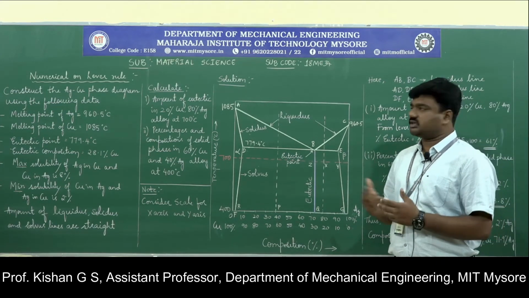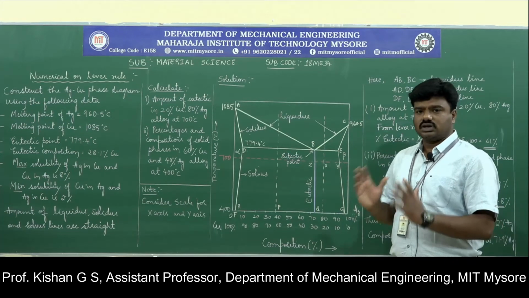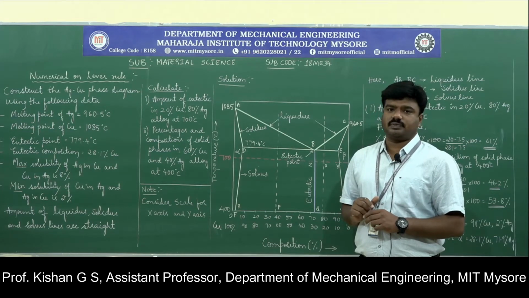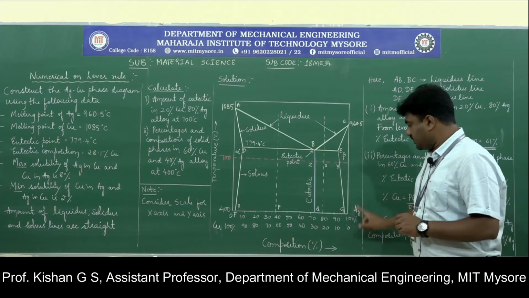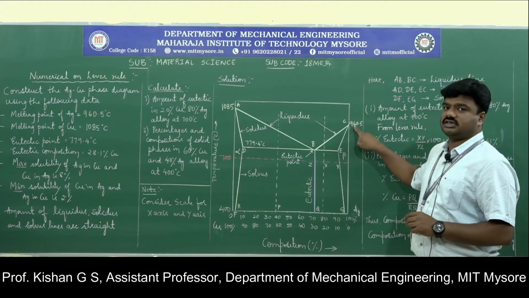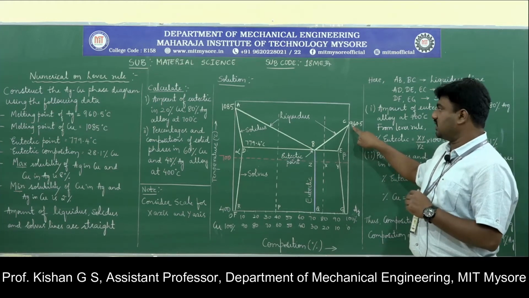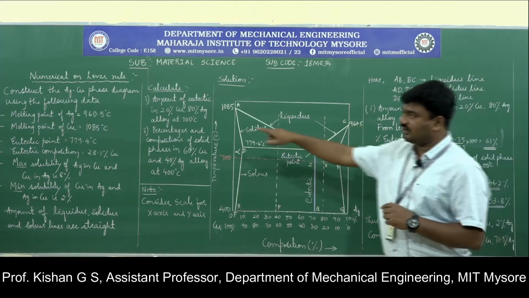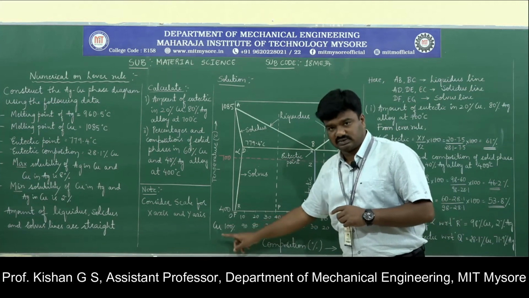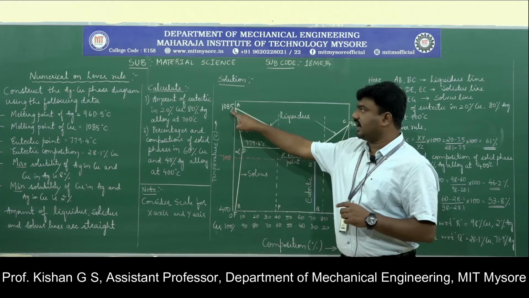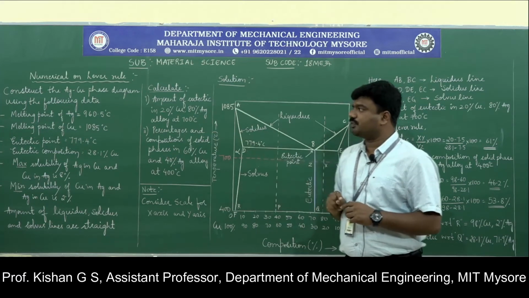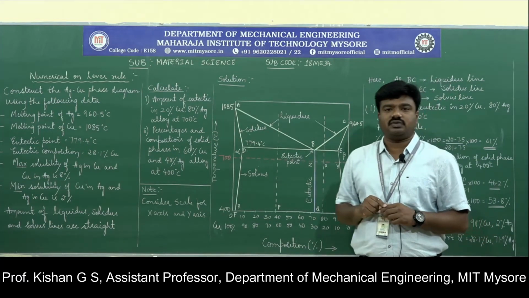Similarly, we are going to represent the given data with respect to the composition. The first point is the melting point of silver, 960.5 degrees Celsius. Since I have the maximum percentage of silver on my right, I take 960.5 degrees Celsius along the temperature scale, and I represent that as point C here. Similarly, I have the melting point of copper, that is 1085. Since I have copper on the left as the maximum percentage, I take its melting point as 1085 degrees Celsius. Then I have one more point, the eutectic point, 779.4 degrees Celsius.